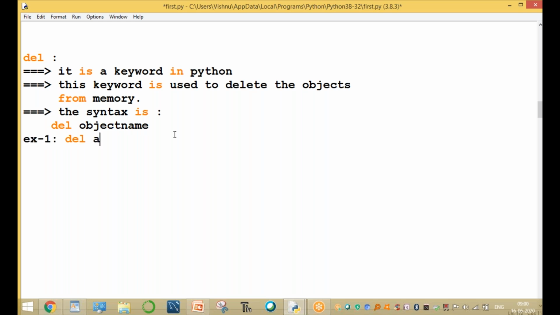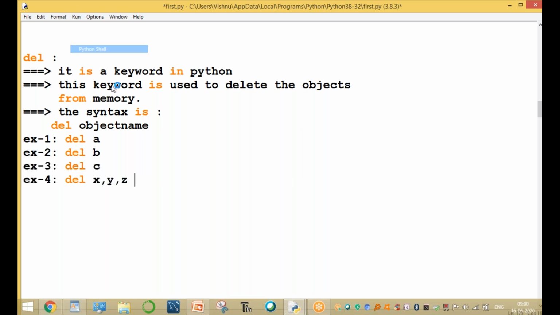For example, del a, del b, del c. Fourth example, deleting more than one: del x, y, z. These objects are deleted from the memory.